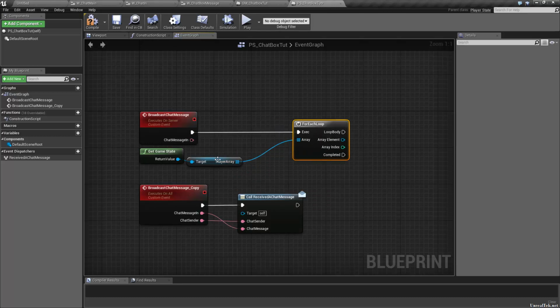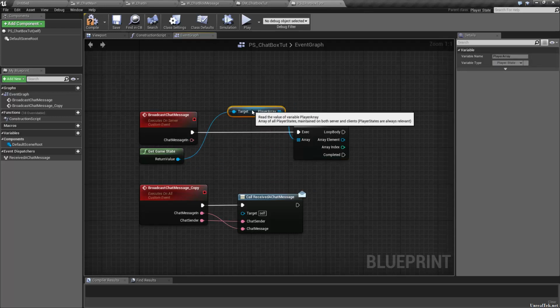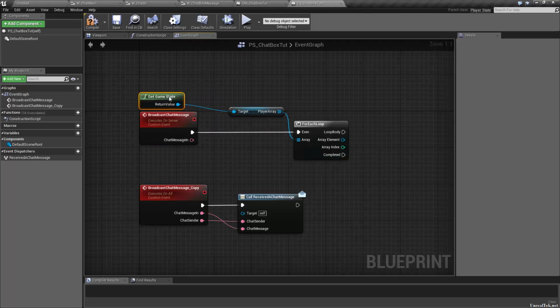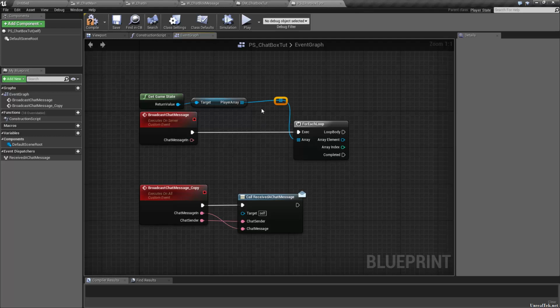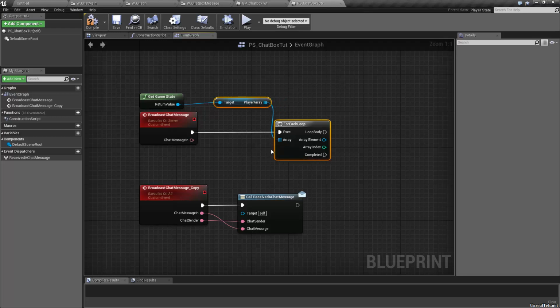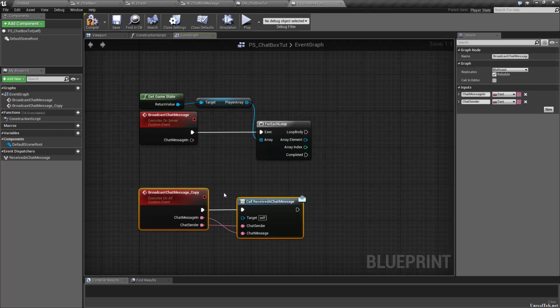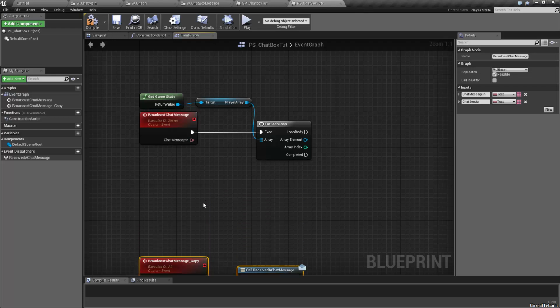Let's reorder this a bit. I don't like it being there, but that's not very clean either. We'll go like that. Stick it back there. That'll work, and we'll bring this down. Give us some room to work. All right, so